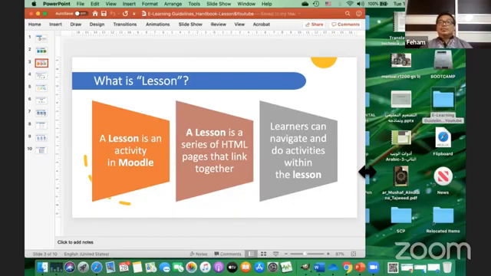The good thing about the lesson is that you distribute your content into chunks, into several parts, which is good because research has shown that online learning needs activities integrated inside, so that student attention and engagement can be prolonged.